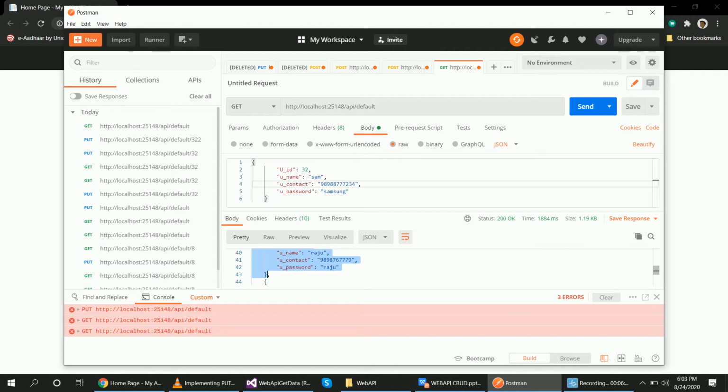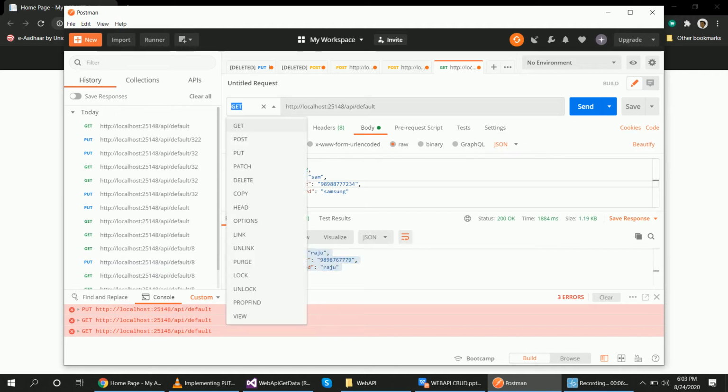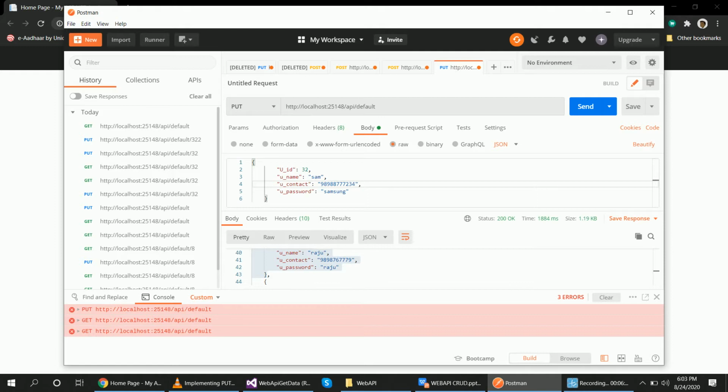Copy this and use the put method. Inside of the put method I will update this. Inside of the body I will paste that 25 number record here, and in place of Raju I will add Raju Wala. Password and username I have changed.